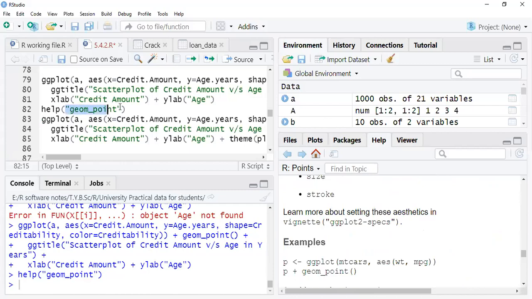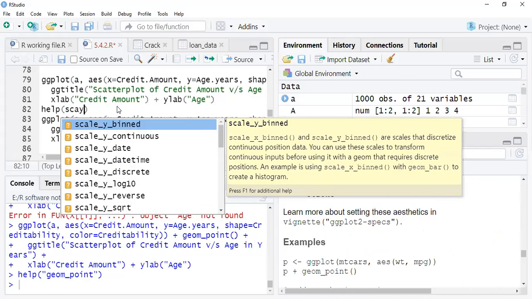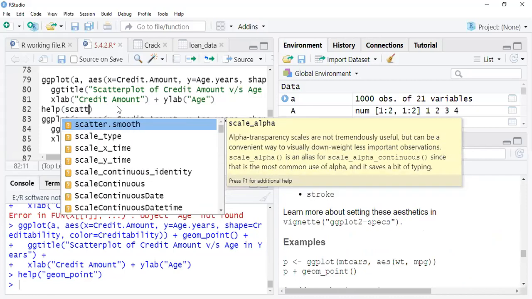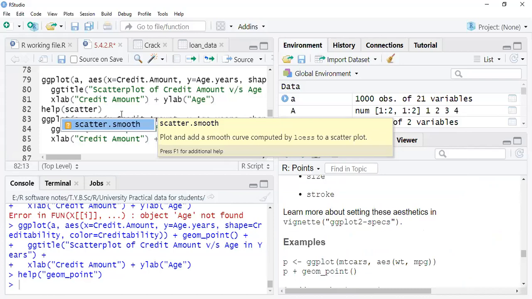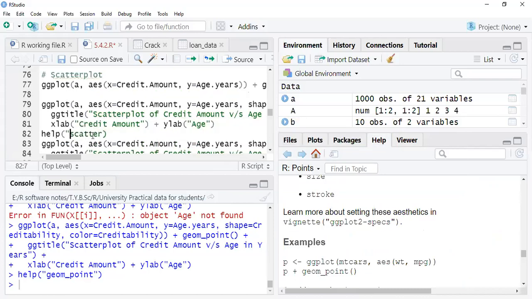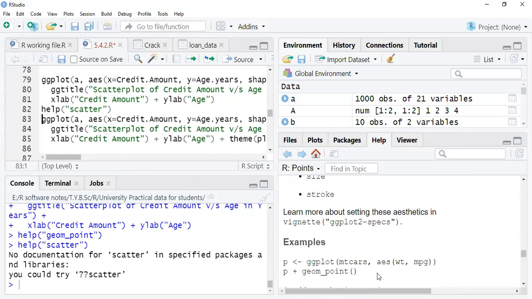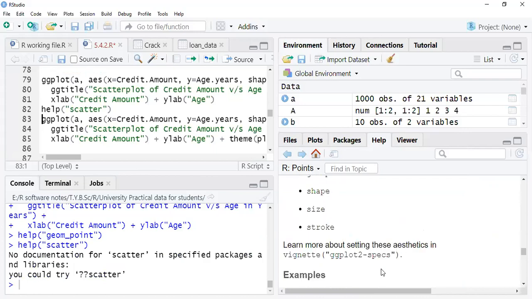If I use scatter plot, then let me just type scatter plot. Is there some, no, scatter is not. Shape.